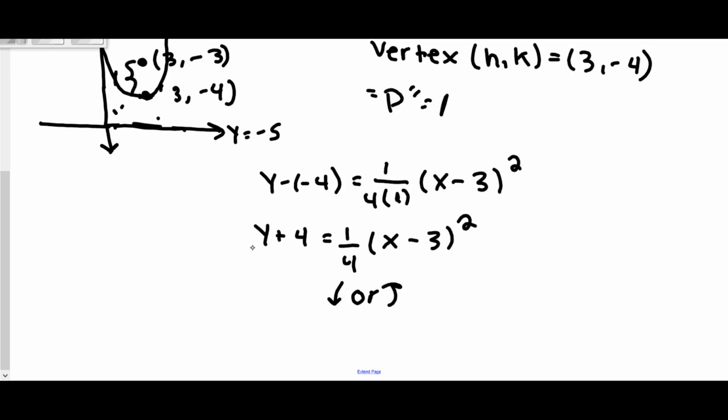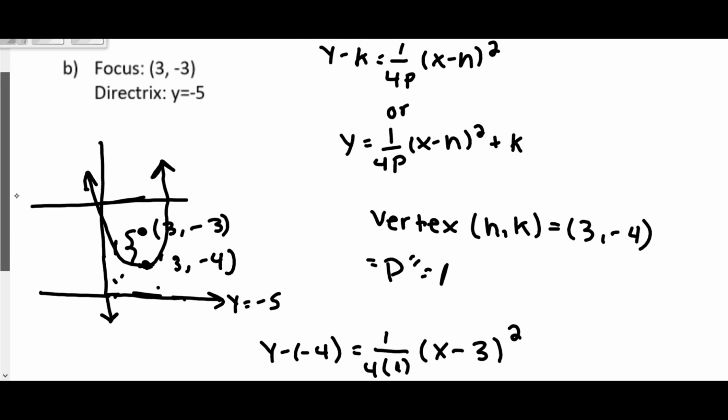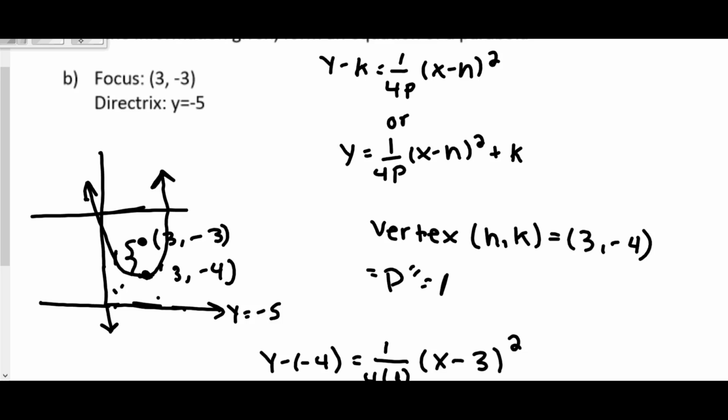You can leave it like this, or you could write it in the y equals form. So all you would do is just subtract this 4 over, and you would get y equals 1 over 4 x minus 3 squared minus 4. And that would be the equation of your parabola with a focus of 3, negative